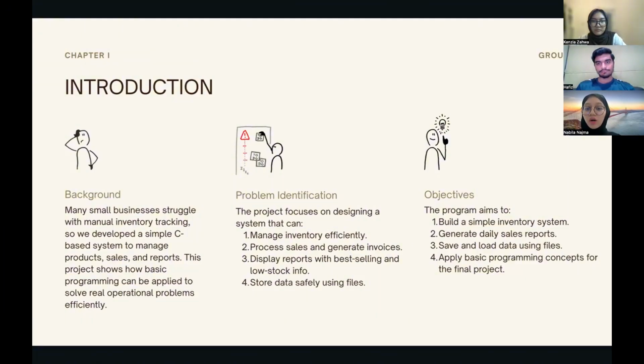The main purpose of this project is to build a simple inventory and sales monitoring system using the C programming language. The program helps users manage product data, handle sales transactions, and monitor stock conditions through a menu-based system. So, by using this system, users can add and search products, generate sales invoices, view daily sales reports, and identify the most selling items. The program also supports data persistence, so the stored information can still be accessed even after